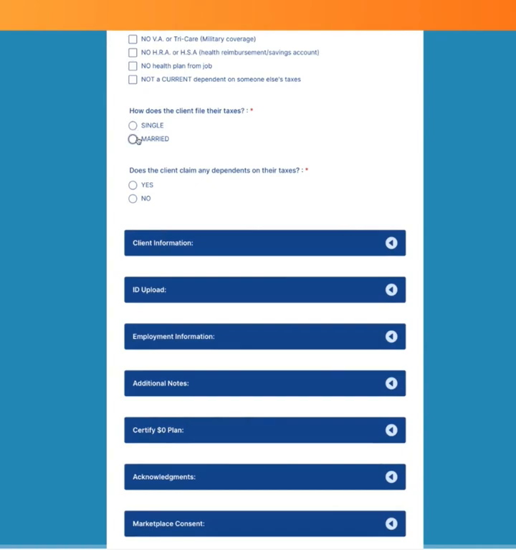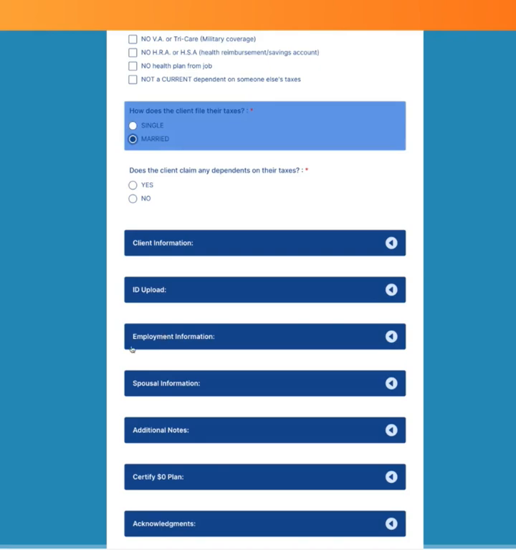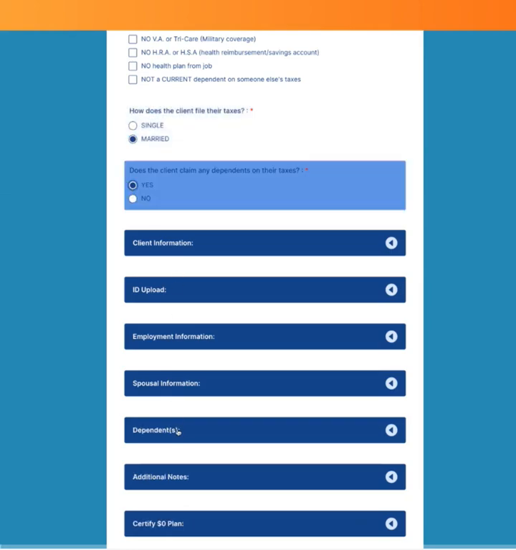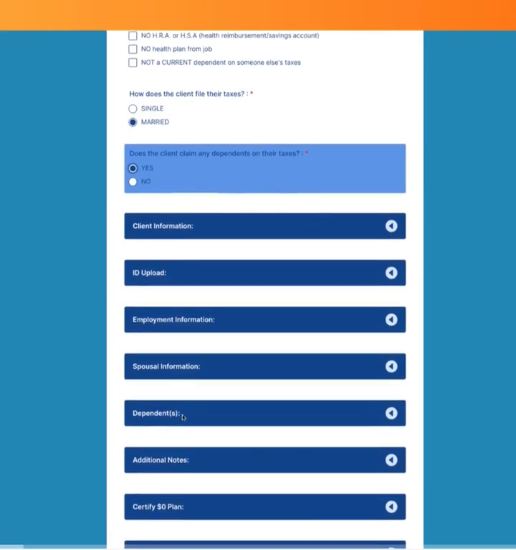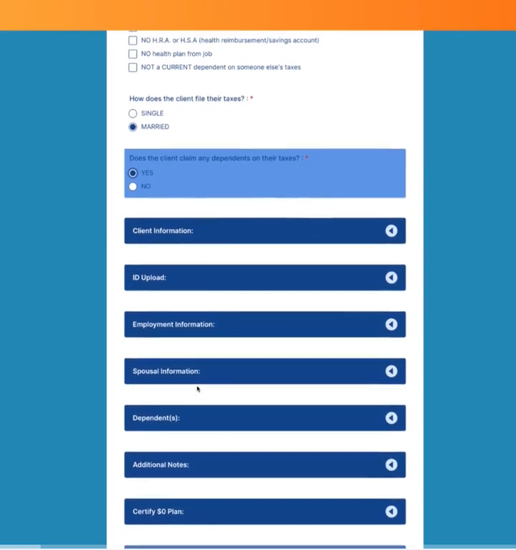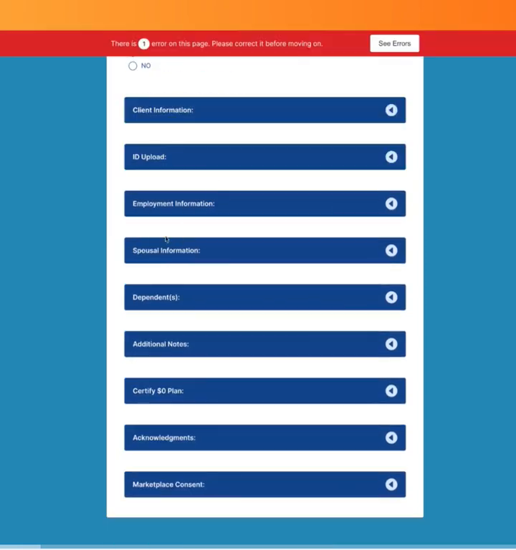If they say they're married, and you click it, then the spousal information section will pop up here. And if they claim any dependents on their taxes and you press yes, then the dependents section will pop up here, right below the spousal information section. These two sections work the same way. These sections will pop up here,